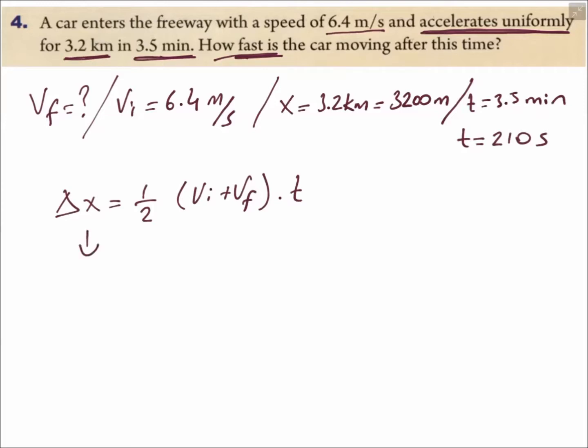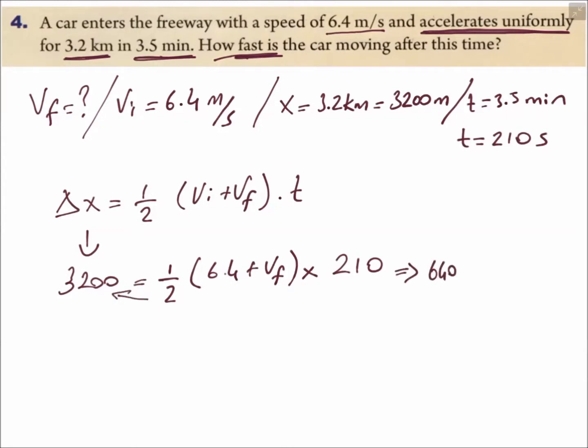So 3200 equals half, v initial 6.4 plus, it's asking what's the v final, multiplied by time 210, and I will send the 2 here, it will be 6,400 equals 6.4 plus v final